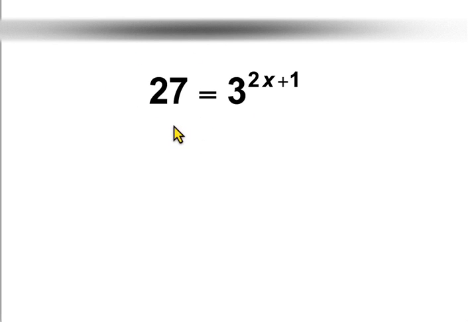27 can be rewritten as 3 cubed. So we get 3 cubed equals 3 to the 2x plus 1. Notice that both sides of the equation now have the same base, 3. When you have an equation like this, simply create an equation with the exponents. So we get 3 equals 2x